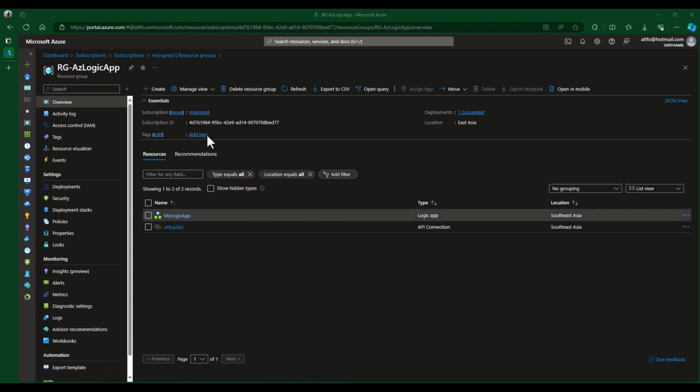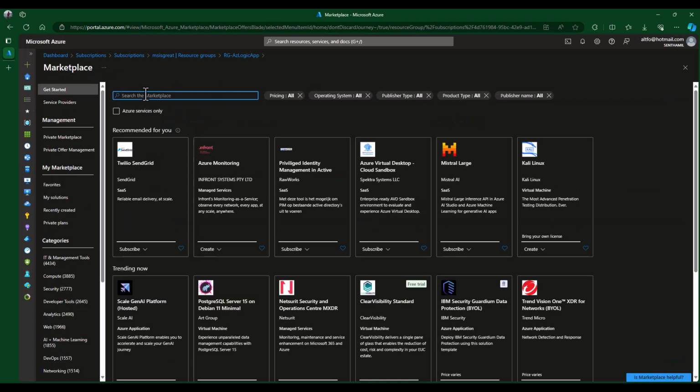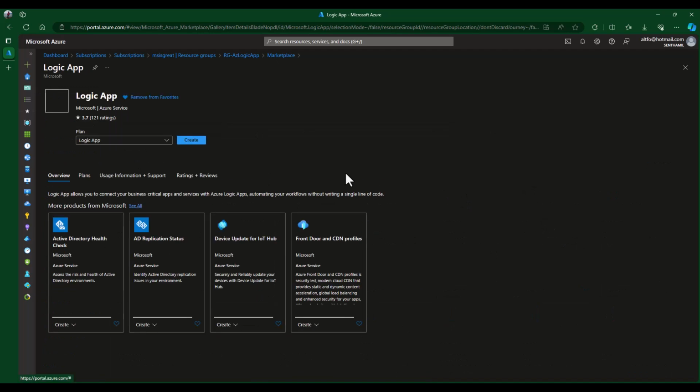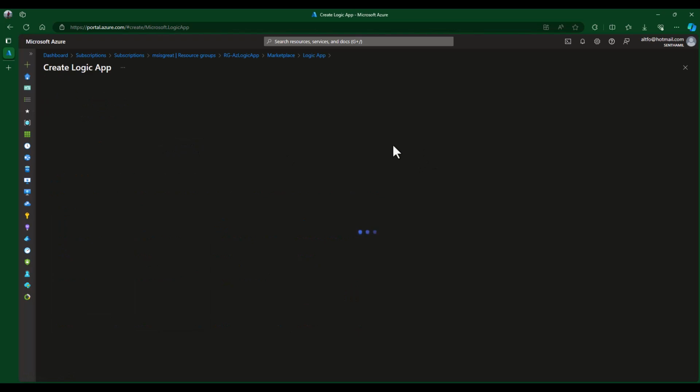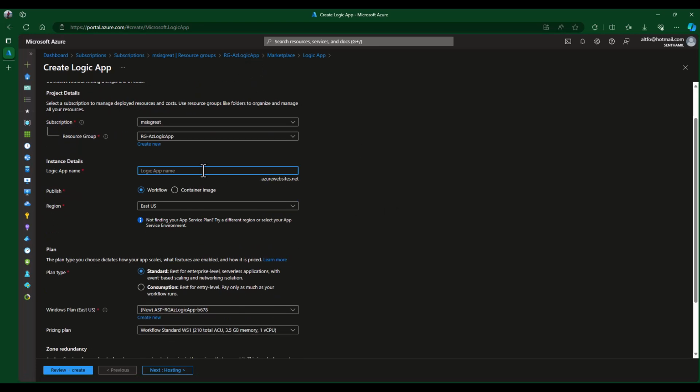First we need to create a new Azure Logic App. This is just a basic procedure we use to create a Logic App. Log into Azure, open Logic Apps. Here it is. I'm going to create a new Logic App. I already have a resource group specific to Logic Apps. It's a good idea to have a specific resource group so that later if you want to delete it, you can just delete it. So for this I'm going to say JSON,